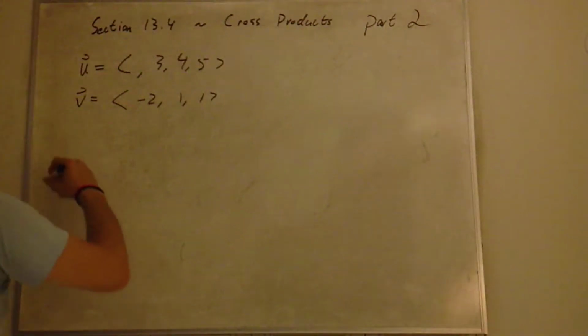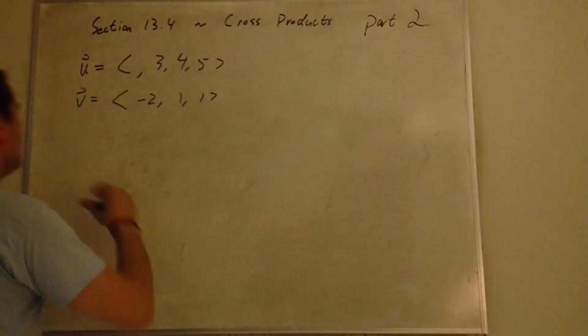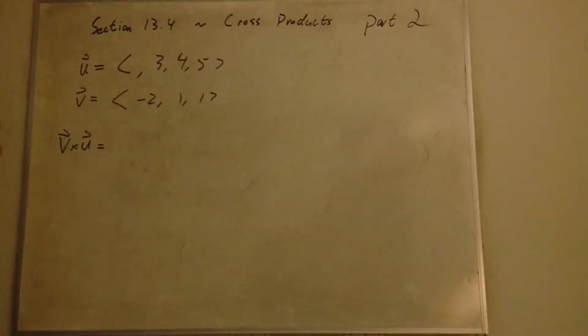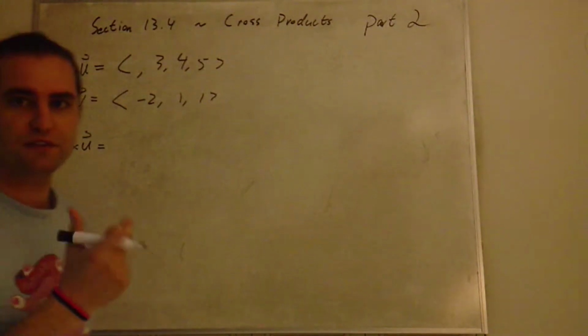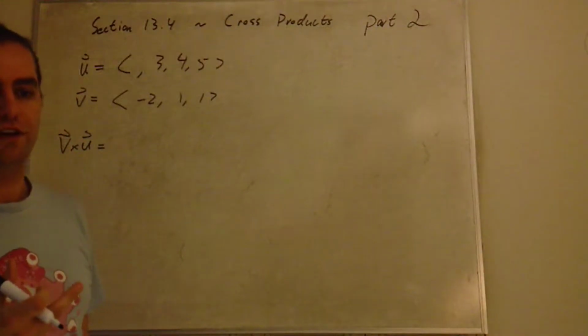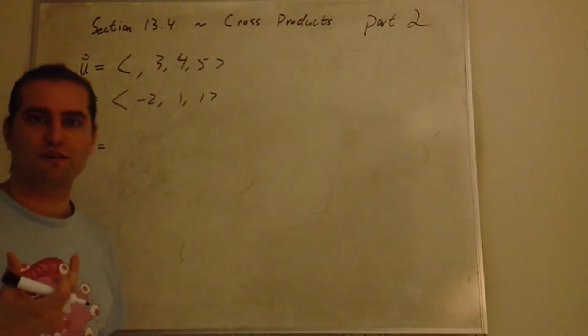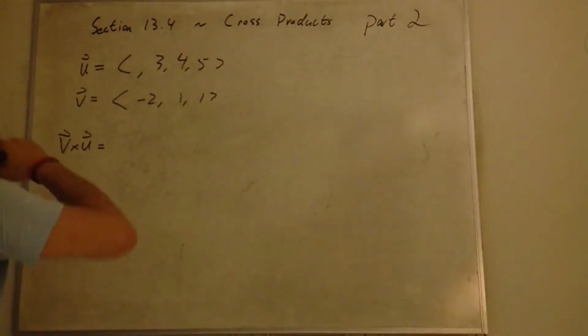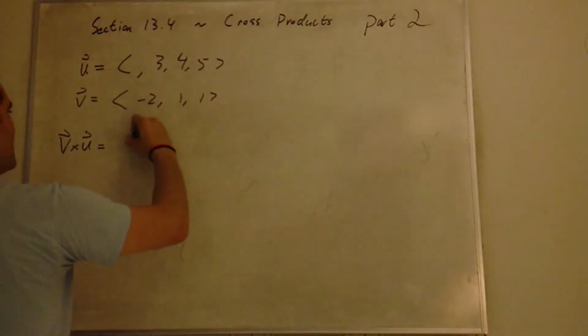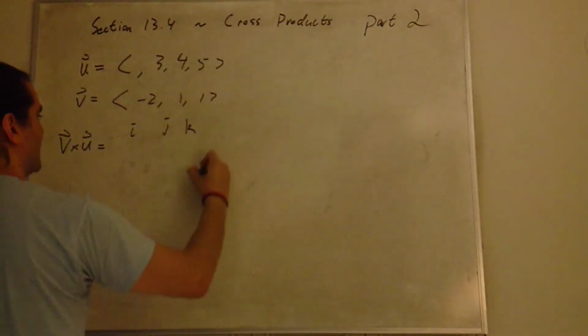And last time we did U cross V. This time, let's do V cross U. It's a little bit weird that multiplication isn't commutative in this sense, but it's also a little bit weird that there's two completely different multiplications, so I feel like this is the less weird thing that you'll experience today, so don't worry about that. We set this up as a 3 by 3 matrix, I, J, and K across the